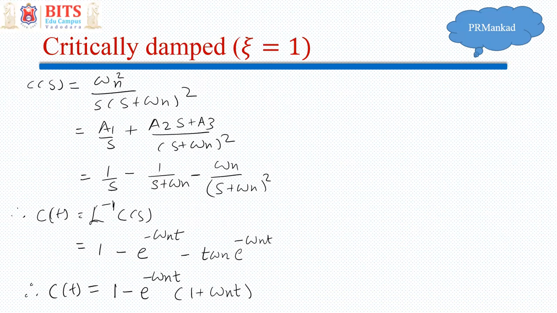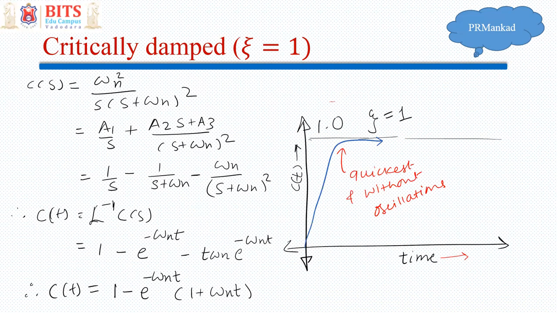Now, the overall curve is going to be just like a first order system, but the quickest one. So zeta is equal to 1 is an ideal response. We want our system to be like this, quickly reaching the final value. And ideally, all the systems should have this situation. But it is very difficult to design a system with zeta is equal to 1. And with age also, the damping ratio may change. So this is the ideal situation, which is our goal.